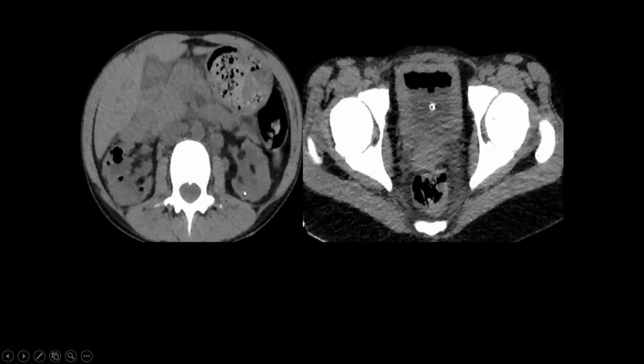If you look up in the upper images, here's the left kidney, and here's the right kidney. You can see some gas bubbles in the right kidney, but they are not in the parenchyma. They are in the urinary collecting system. So this was gas that was refluxed from the urinary bladder through the Foley catheter into the right ureter and